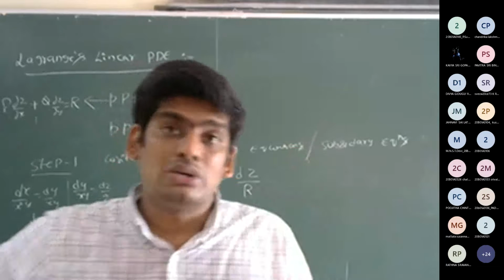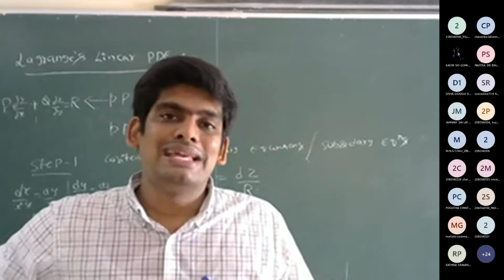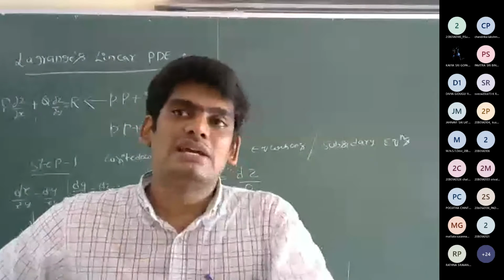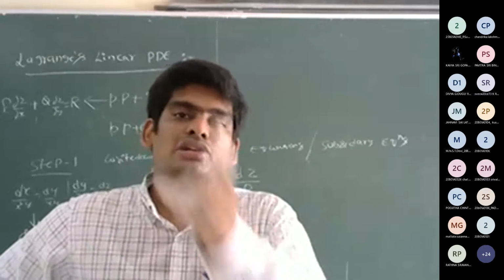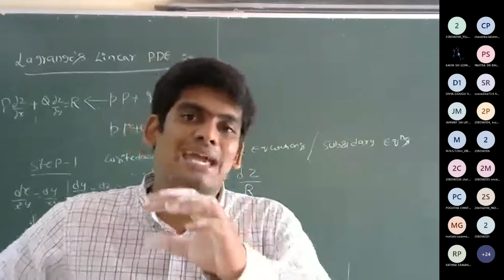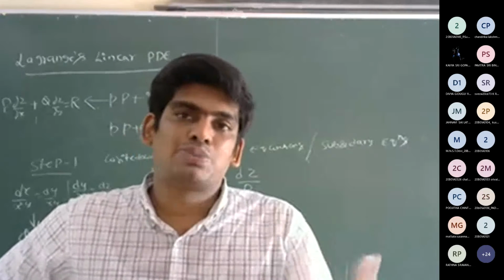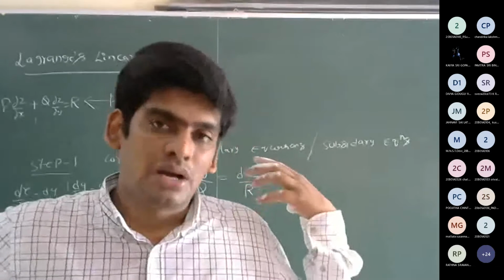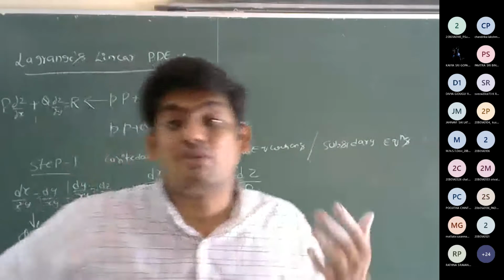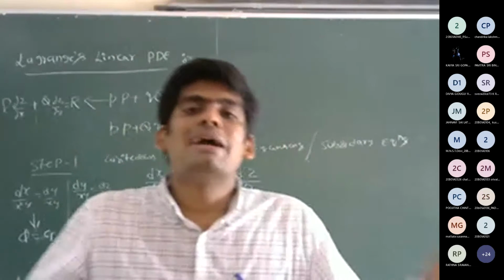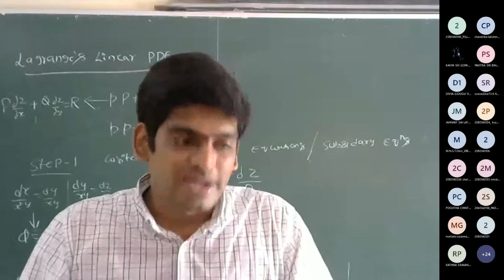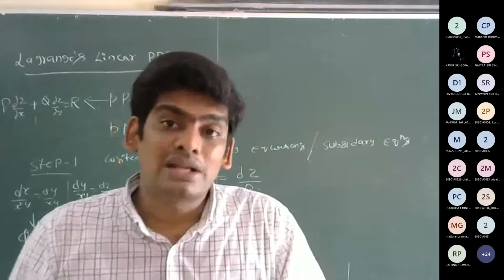But the important thing is that the two solutions must be distinct. If they are the same, that means you have evaluated only one solution. So you should take care while choosing the expressions, that is the fractions, from the auxiliary equation or subsidiary equation. So this method is called the method of grouping. The method of grouping is taking any two expressions and integrating them, then we get the final solution. That is called the method of grouping.